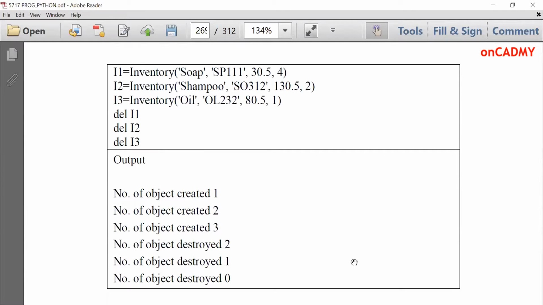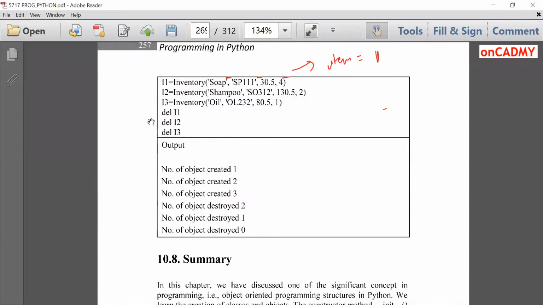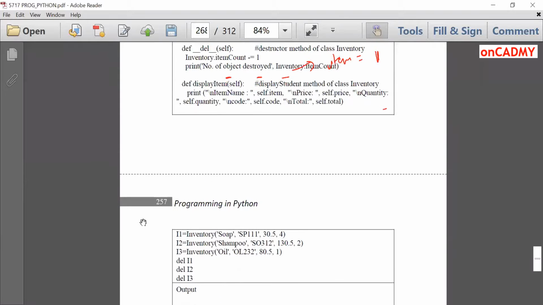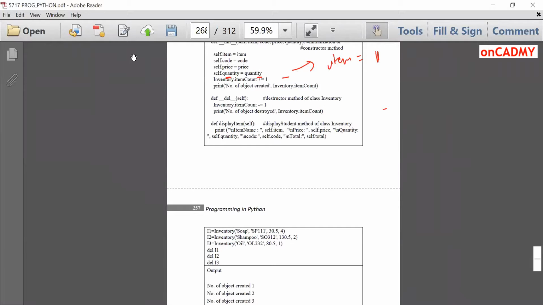See, we have created 3 objects, I1, inventory, soap, this is the code, price and quantity. Fine, init method will be called and item count will become 1. Let me zoom out the screen so that you can see. When this object is created, control will go to the init method and item count will be incremented to 1.